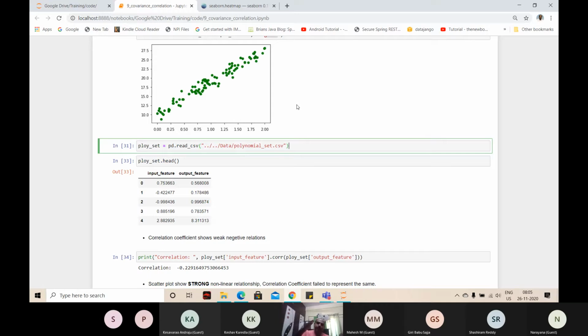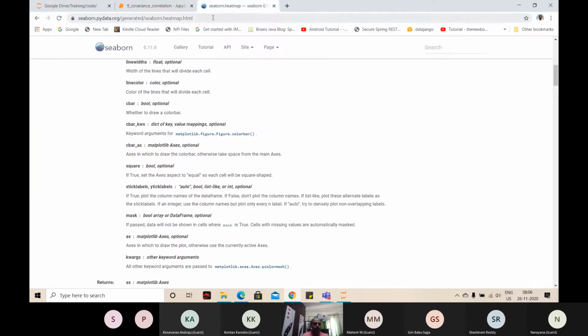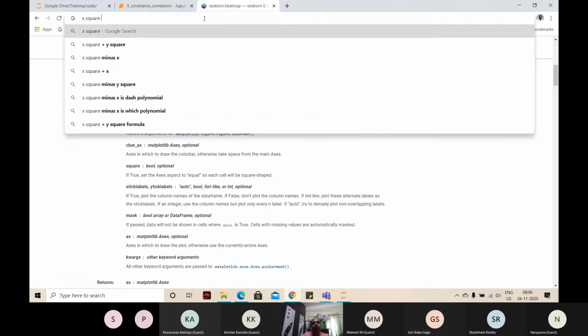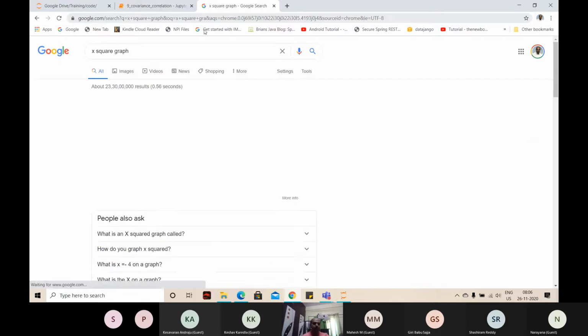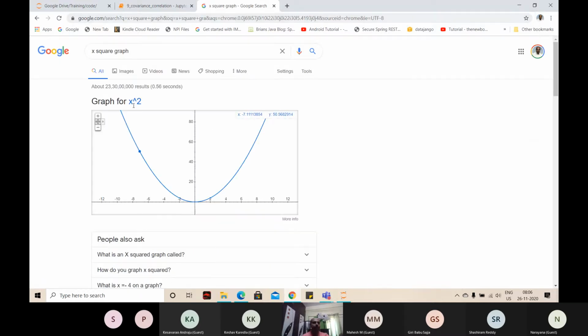We call it the degree. 5x square plus 6x plus 7 is a second degree polynomial. 6x cube plus 8x square plus 2x plus 3 is called a third degree polynomial. So the power of x is called the degree of the polynomial. So you can see that. See that it's a parabola. When you put values into x, you get y values which reduce and again increase.